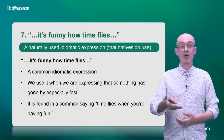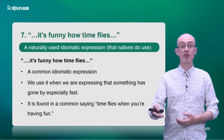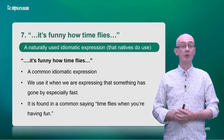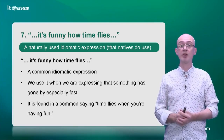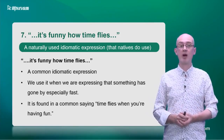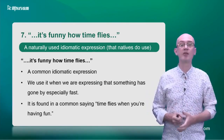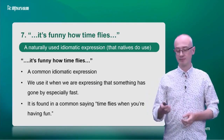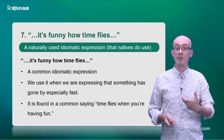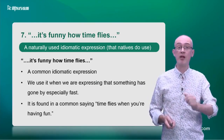A common idiomatic expression in English, still used by native speakers quite a lot. We use it when expressing that something has gone by especially fast. It's found in a common saying, time flies when you're having fun. I don't recommend you use many of these kinds of expressions unless you're really sure that they are used very